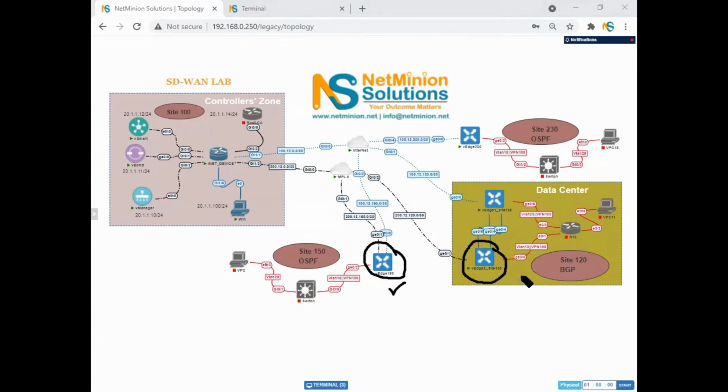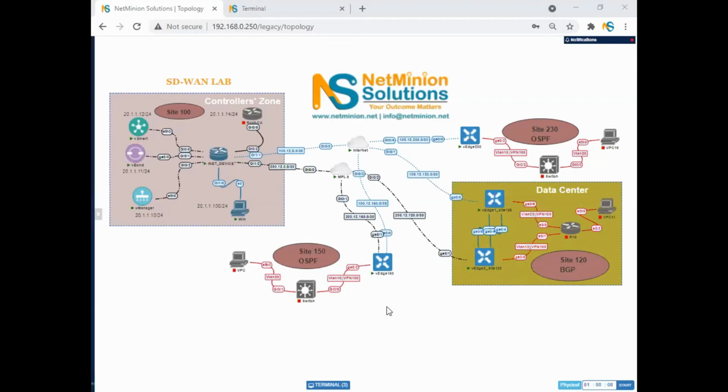Should be one only because it's going to talk to vSmart. That's true. So it does not depend on the connectivity between the vEdges. It is a question of how many vSmarts I have and how many control planes I have. So control plane connections over there would be 1.